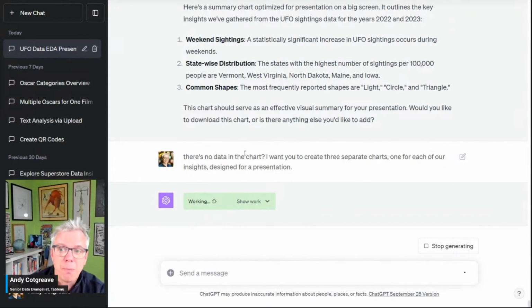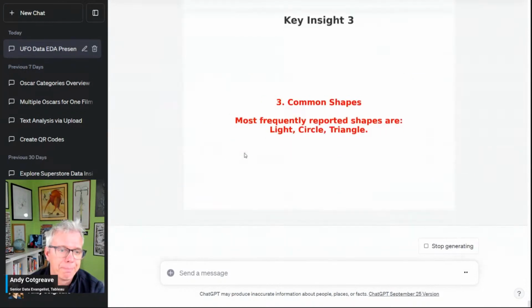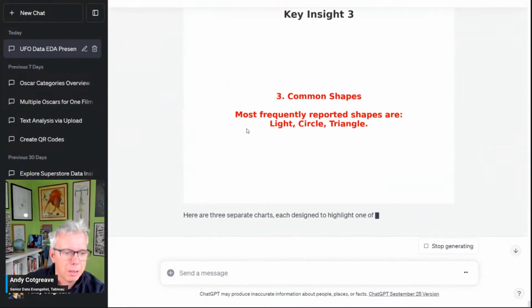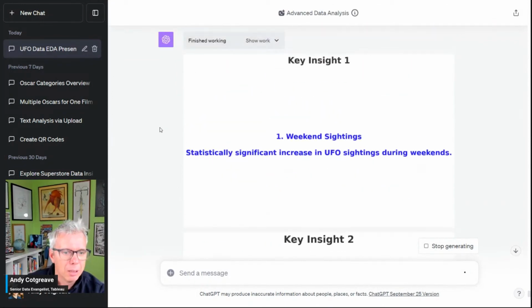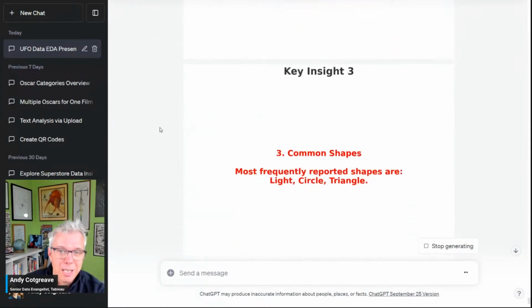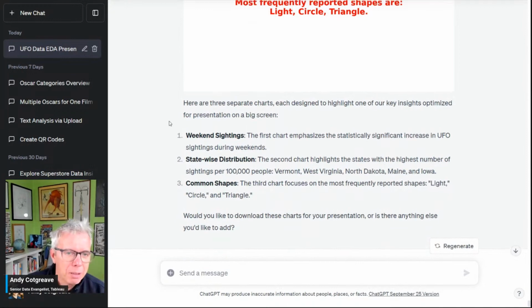Let me know how you've been getting on with ChatGPT. What do you think? Have you tried to do actual real-world data analysis? My conclusion here is, as somebody who knows how to do data analysis, this is really slow. It's slow. I would have got to a lot of these conclusions quicker. But not everybody knows how to use Tableau, Power BI, Excel, or other tools. So text perhaps is going to help them anyway. But now what do? It's like,